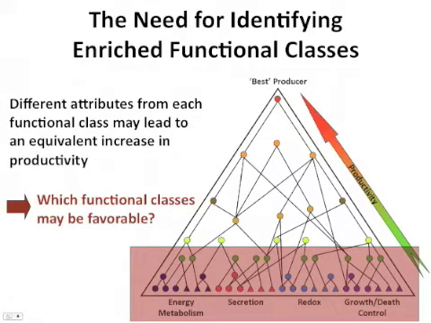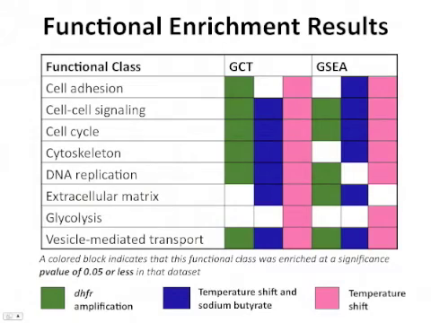So in order to identify those functional classes, we use two different kinds of functional enrichment analysis. The first was gene class testing, and the second, gene set enrichment analysis. And this table shows the results of those analyses. If a block is colored, it means that that functional class was identified as significantly enriched within that particular study. So you can see that a number of functional classes begin to emerge as common amongst each of the three productivity enhancing conditions. Among these, we found cell cycle to be reoccurring in each of the three conditions, as well